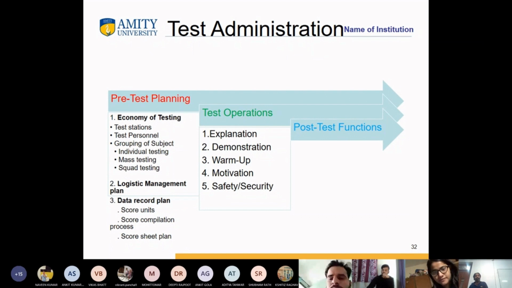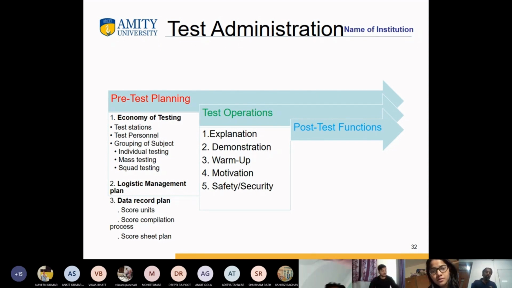I think I have told you that it is important for me to explain why. We are asking you to do this test so that as a teacher, I get to understand your potential and then help you enhance your skill set to not only administer a given test but also to design a new test.